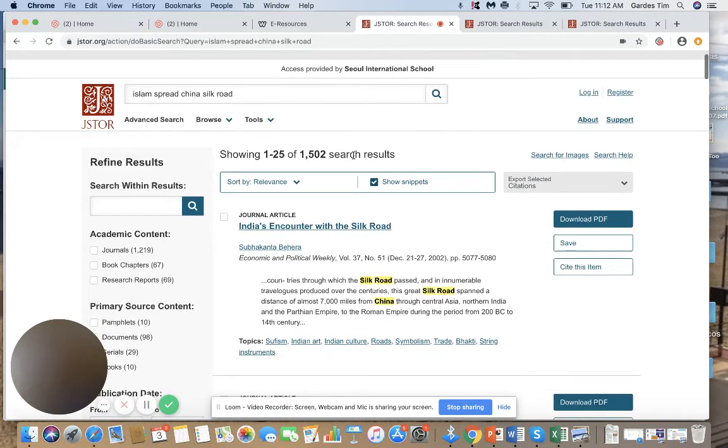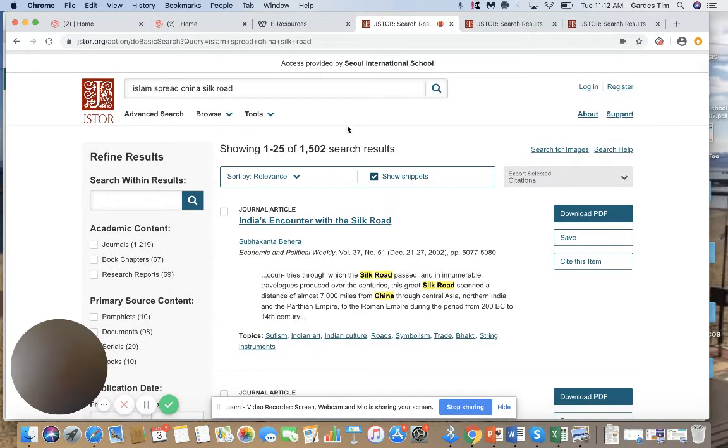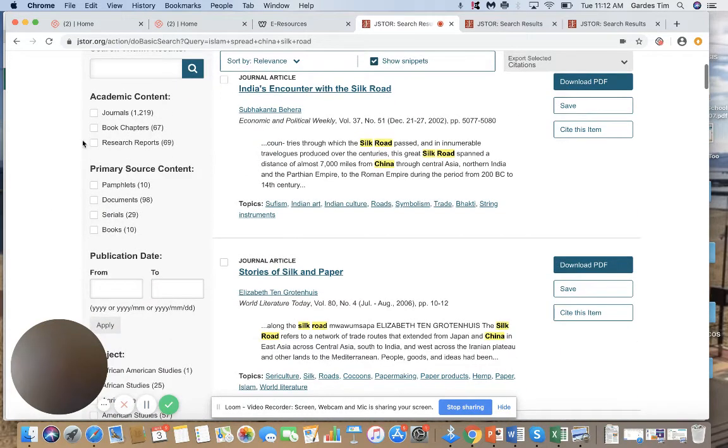And so I'm not yet done refining my results. I'm going to try to narrow it down even more. And I have a few options here on the left. I can narrow it down by the source. And so perhaps with EBSCO, you've already read a lot of articles, and maybe you're thinking, oh, I should read some book chapters to kind of mix it up and look at different sources. Or in this case, primary source. I have no primary sources yet, all secondary sources. So maybe I could look at pamphlets. And in fact, maybe pamphlets are easier to read from an academic language point of view than some of these